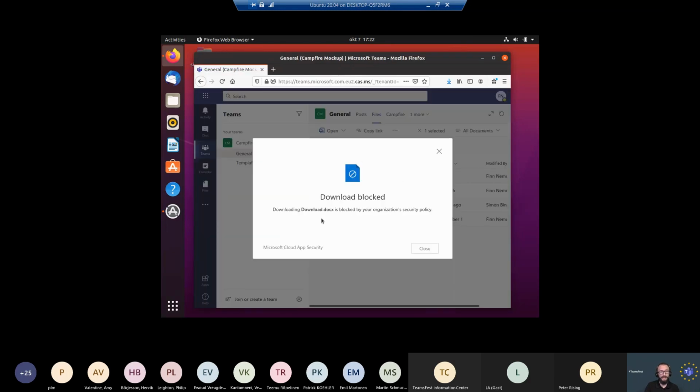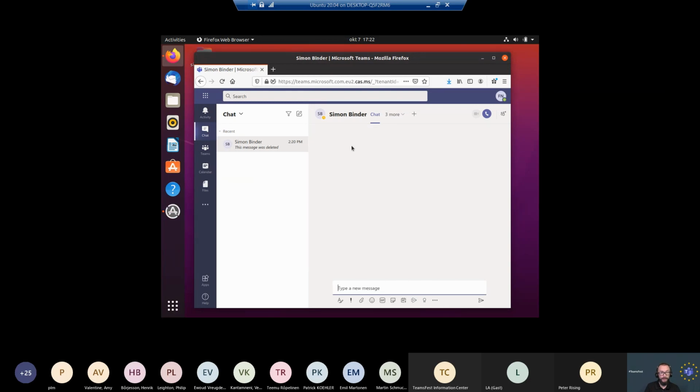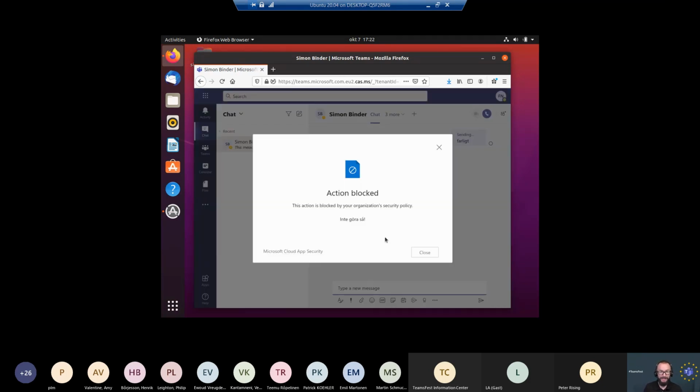So I'm alerted here, and as you will see in Cloud App Security soon, you will also get an alert from an administrative point of view. So that's one thing, and I'm sure many of you are aware of this, but for you that aren't, this is my other account. And with Cloud App Security, we can actually do some other quite interesting things as well. So for the ones of you that know Swedish, you know that farligt means dangerous. And if I try to send that, that action is blocked. And here in Swedish, it says, don't do that.